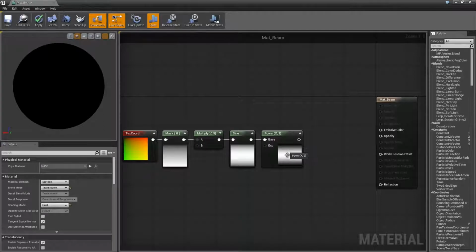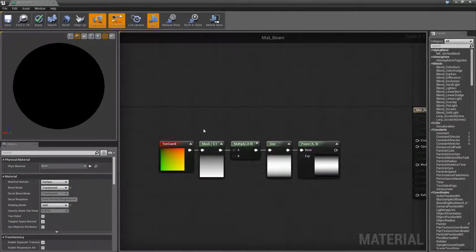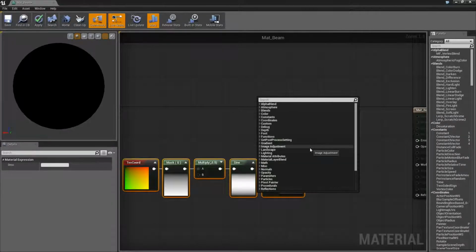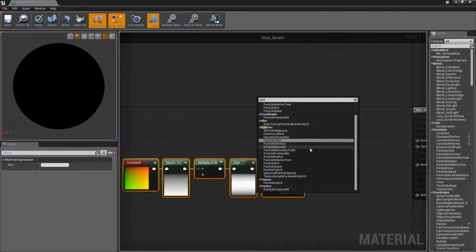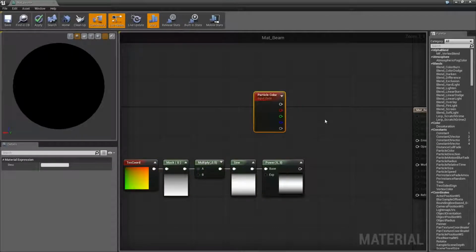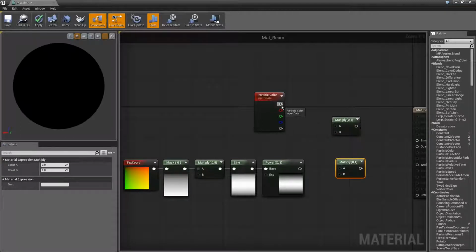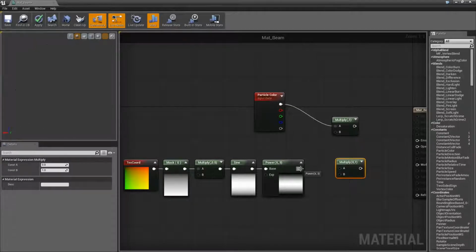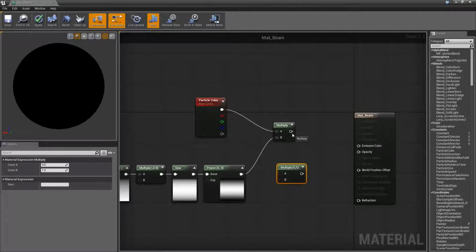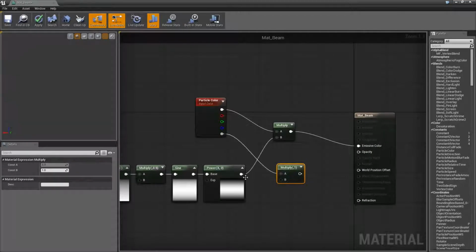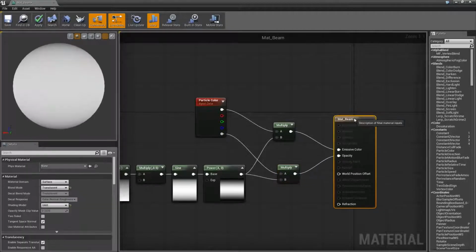So it's obviously very dark at the top and bottom, and it's a horizontal looking beam. That's exactly what we want. That's perfect. Let's now take that and bring in a particle color and a couple of multiply nodes. We will multiply the color by this result, and that will give us the emissive color. We will multiply the alpha by this result, and that will give us the opacity, and then we are done